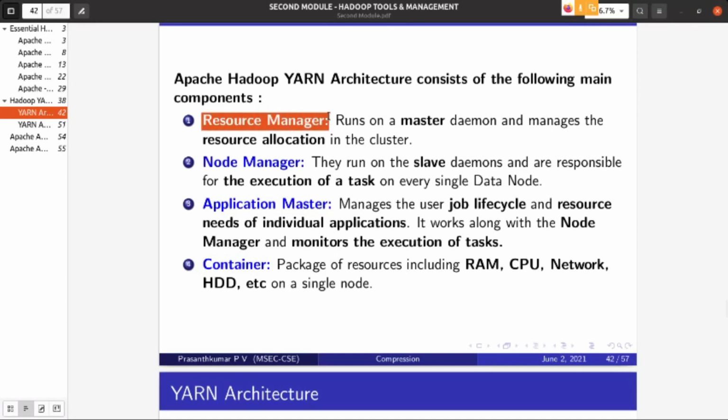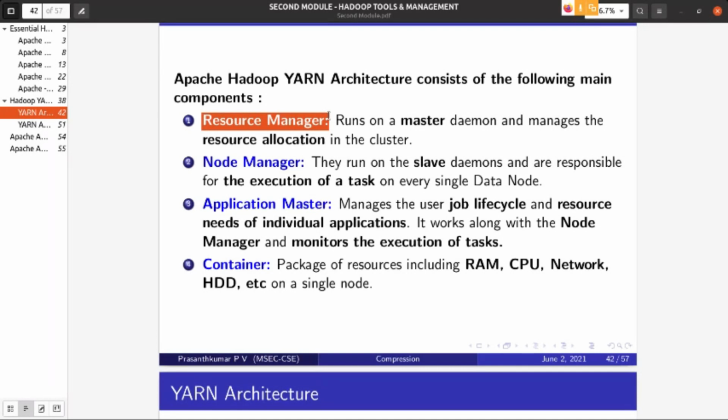It is not a physical entity. Don't think it is a physical entity. If you search for where the resource manager is, you would not find one system allocated for the resource manager. Such a thing does not happen in Hadoop version 2. They are all running Java processes.